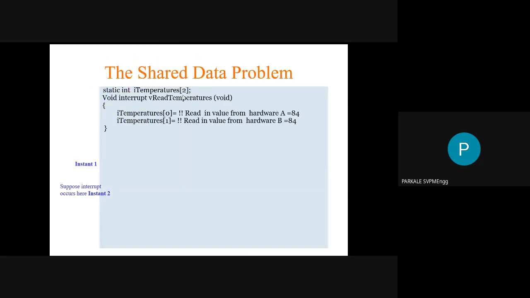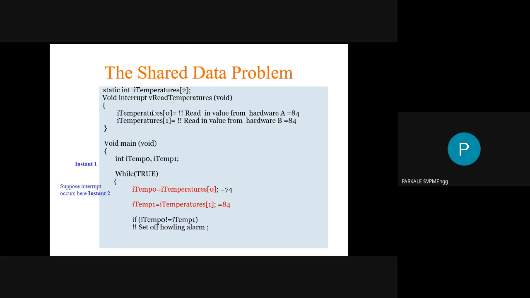Again, I have told that there are two types of code. One is code written for the interrupt service routine, and another is code written for your task code. Basically, task code is used to complete the computational part, such as calculation, addition, subtraction, multiplication, comparison. The interrupt service routine will read the changes in the environmental parameters and send these changes to the CPU. This particular code we have seen here.